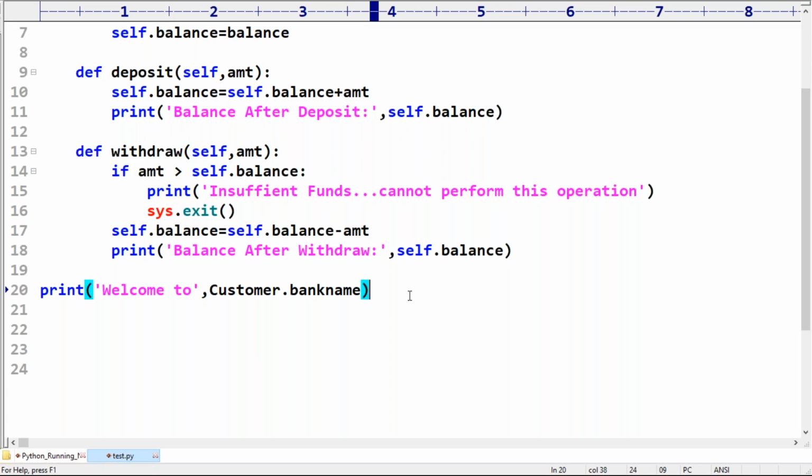Name is equal to input, enter your name, because I want to create an account object.